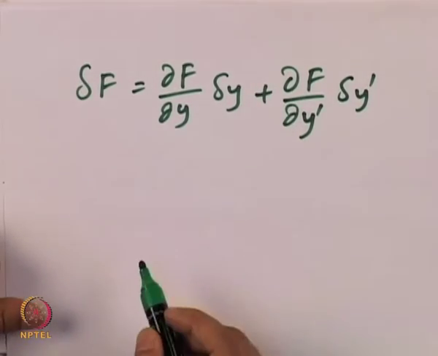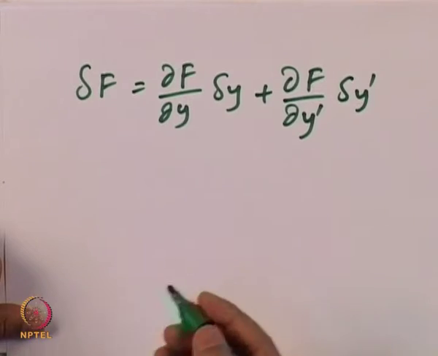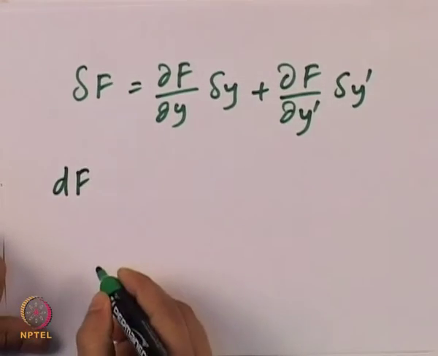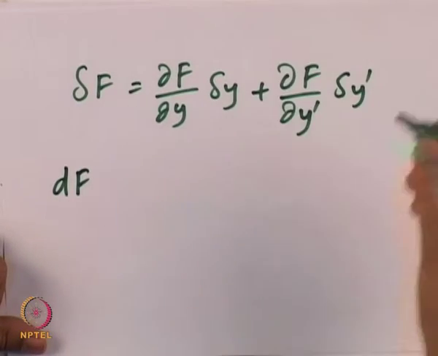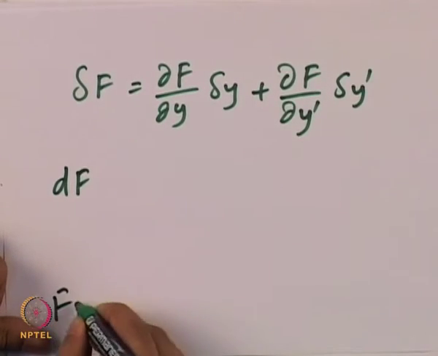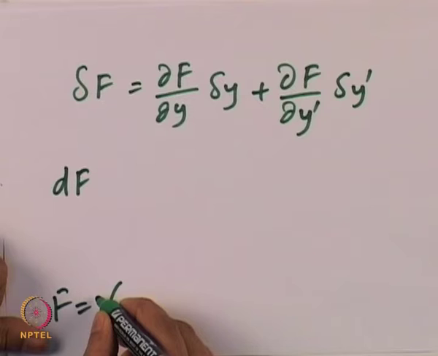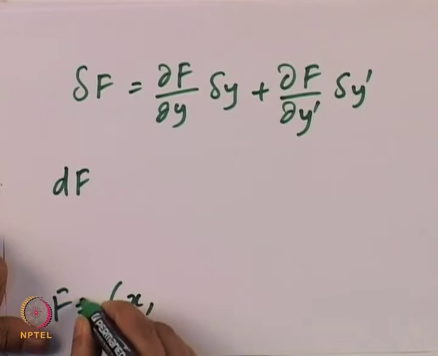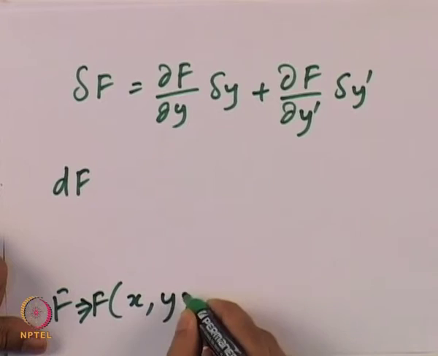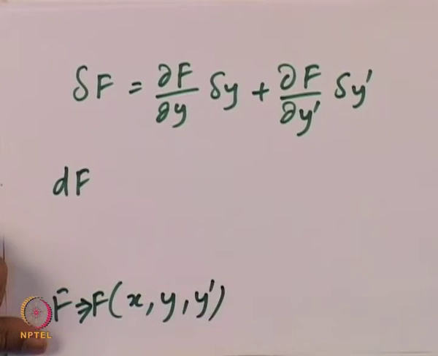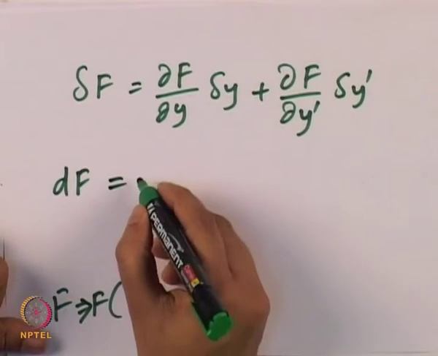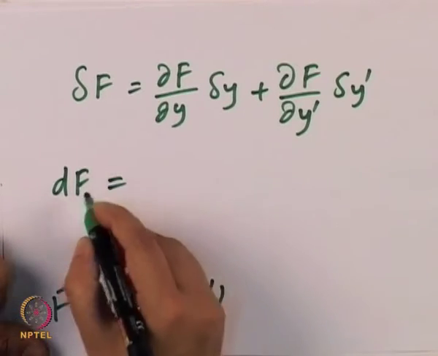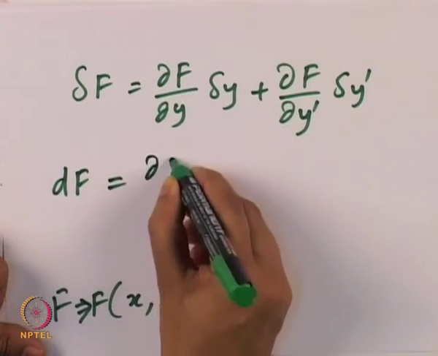So you can compare this, let us say, with respect to the basic df also. So when you take a function which is given by, let us say, the value that is going to depend on x. So f is a function going to depend on x, y and y dash. So when we do the small variation in d, the differential of f is equal to